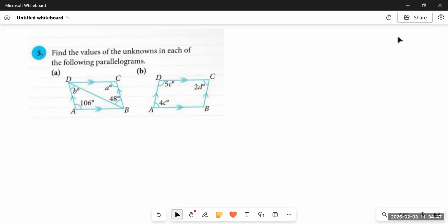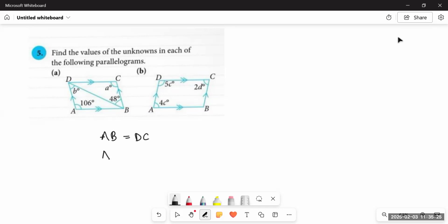In a parallelogram, only opposite sides are parallel and equal to each other. Yes, and the opposite angles are also equal to each other in a parallelogram. Right, so we can say that there are two pairs of parallel lines in a parallelogram. Opposite sides are parallel to each other, and the opposite sides are equal in length. So if we look at the parallelogram in part A, side AB would be parallel to DC. Also, side AB would be equal to DC. So we can write it as AB is equal to DC.